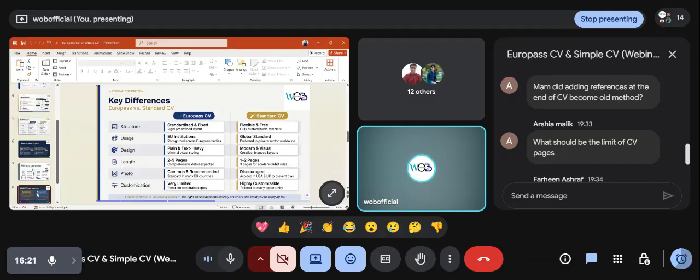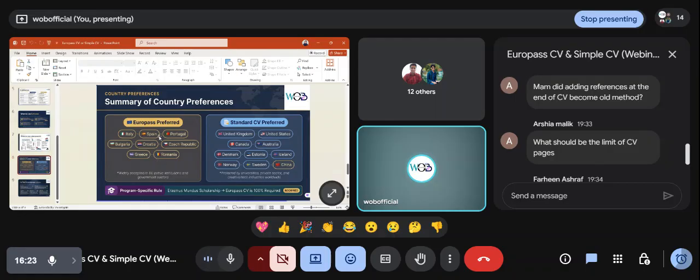I even showed which countries prefer which kind of CV, and you can make a Europass CV in 29 languages, which I told you before.